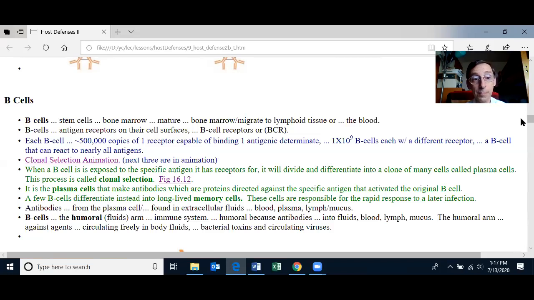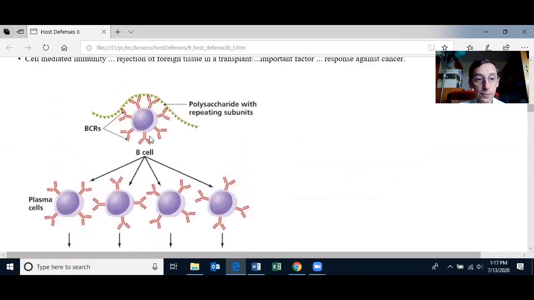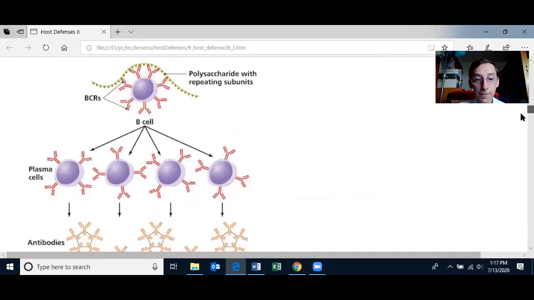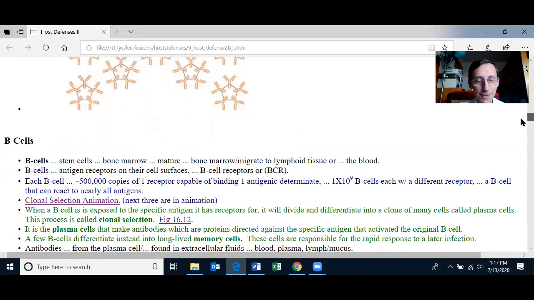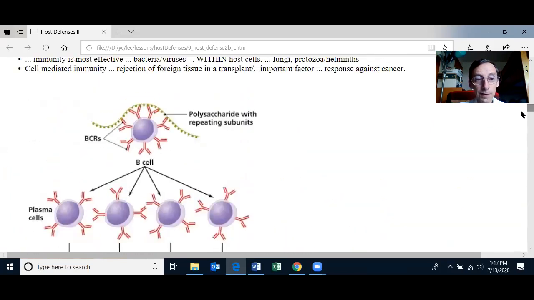Well, once B cells mature, they can recognize antigens, and each B cell on their surface has a B cell receptor, or BCR for B cell receptor. So these are the B cell receptors on the B cell, and the B cell can have 500,000 copies of the B cell receptor, but each B cell only expresses one B cell receptor,